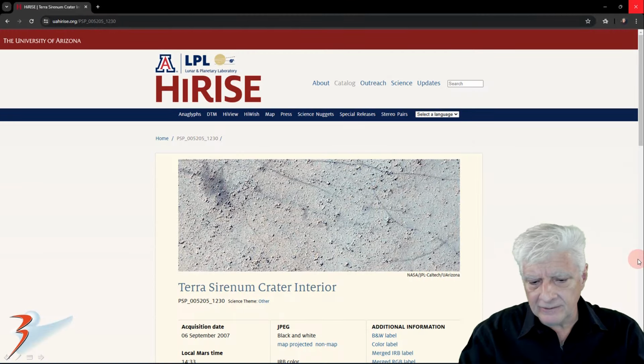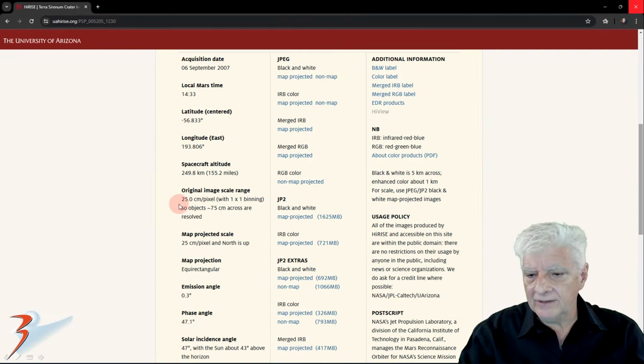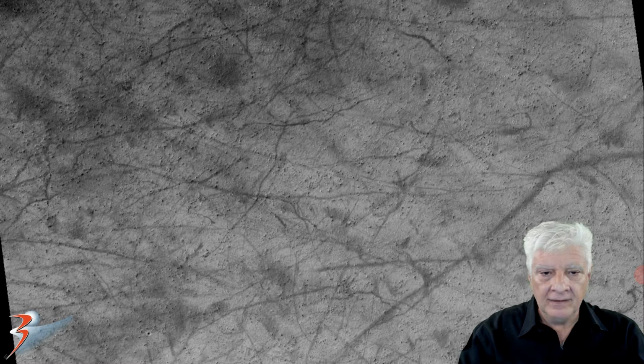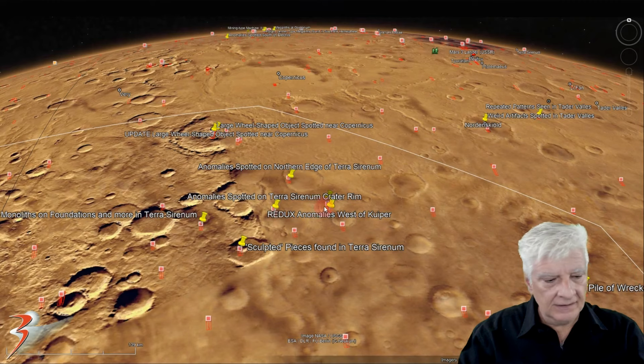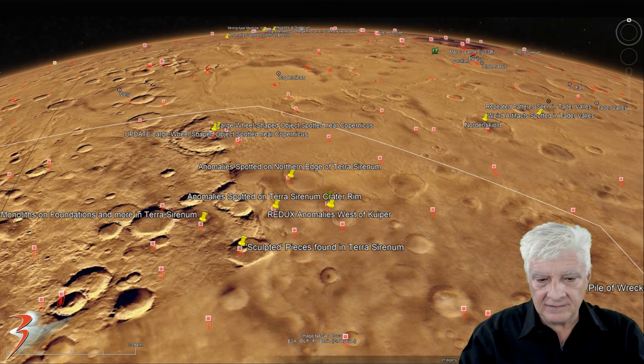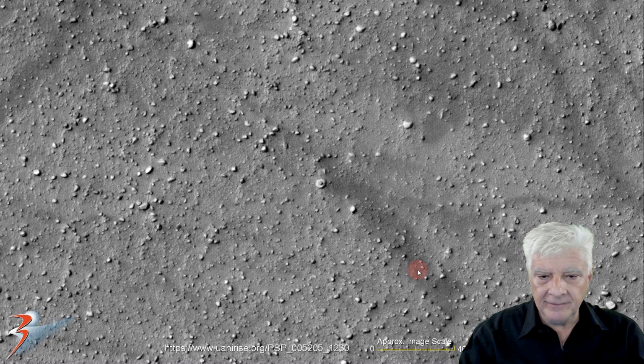Next one, Terra Sirenum Crater Interior, 25 centimeters per pixel resolution. And the image I'm going to show you is cropped from the JP2 black and white map projected file. And there's a look at the terrain in the low-res black and white. So the site is located at roughly 56 degrees, 55 minutes south, 166 degrees, 9 minutes west. Right, so we're going to be zooming in on the item there, and it measures approximately 6